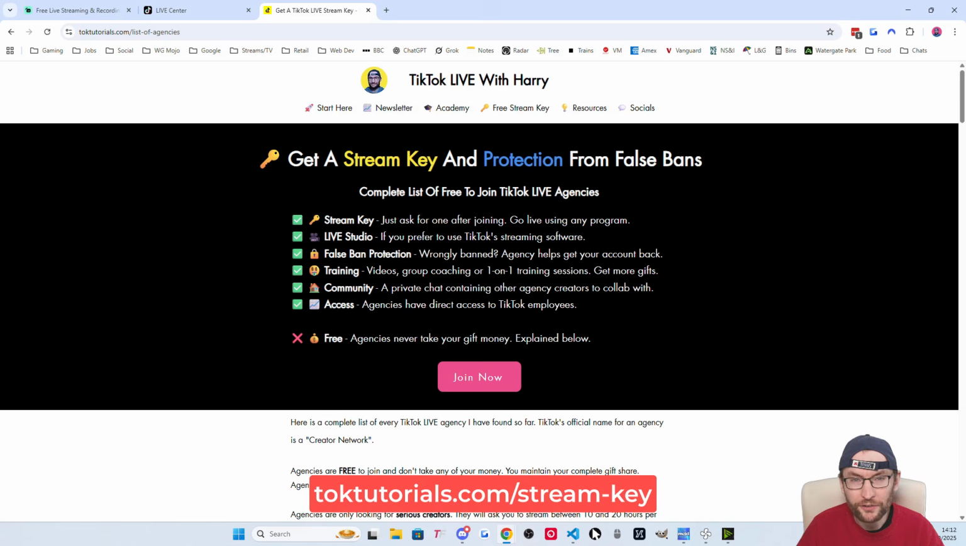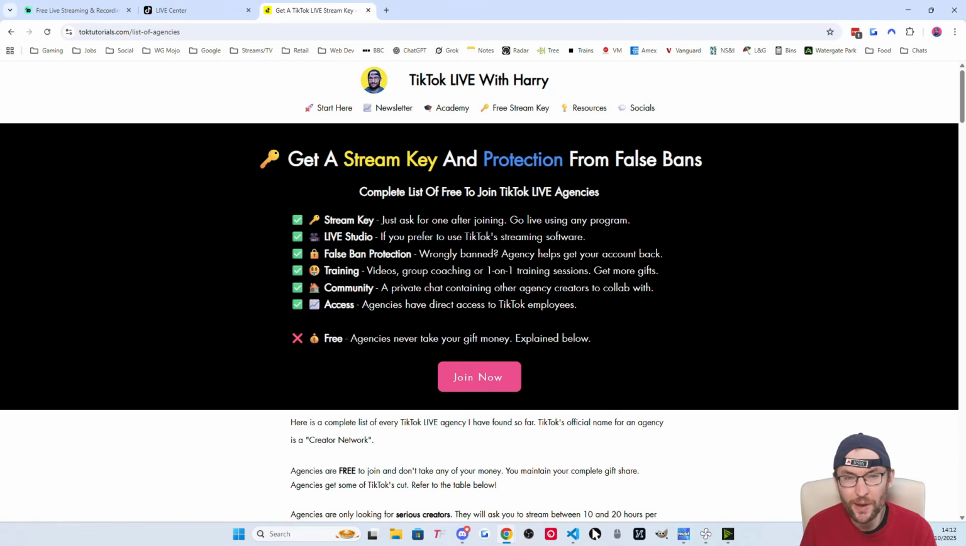And to start with, there are two ways to unlock Streamlabs for TikTok Live. The first method is to get a stream key from a free-to-join agency. This is my recommended method because the agencies can also provide you with training to help you become a better streamer and creator. And they can also protect you if you are falsely banned because they have direct access to